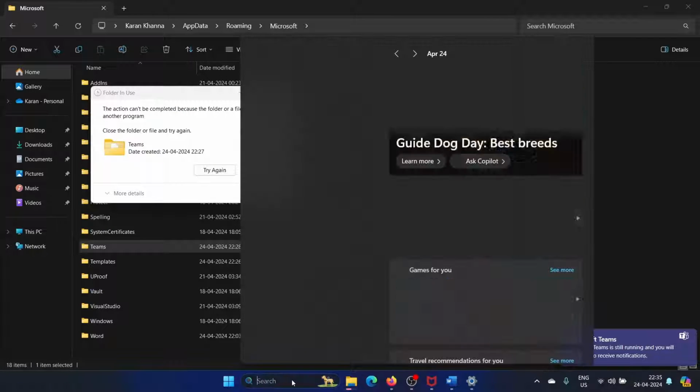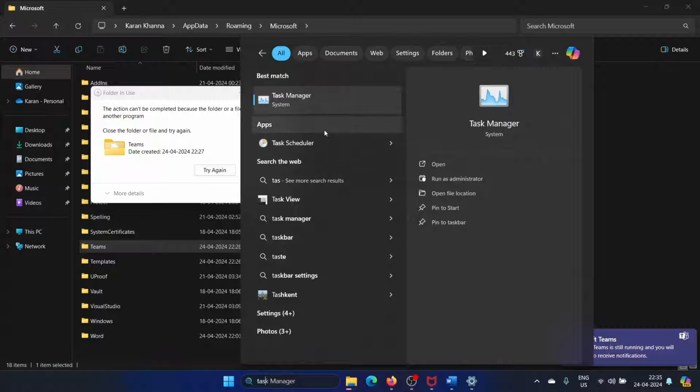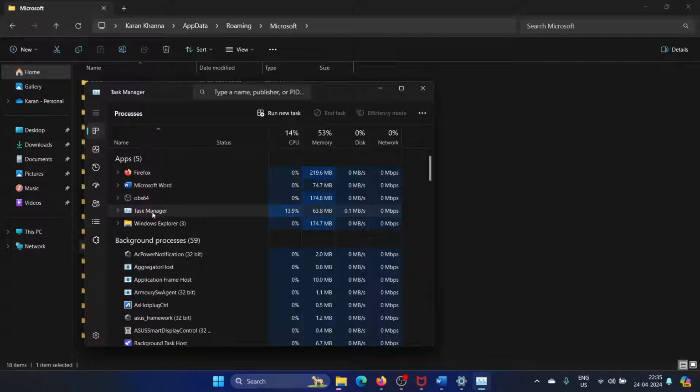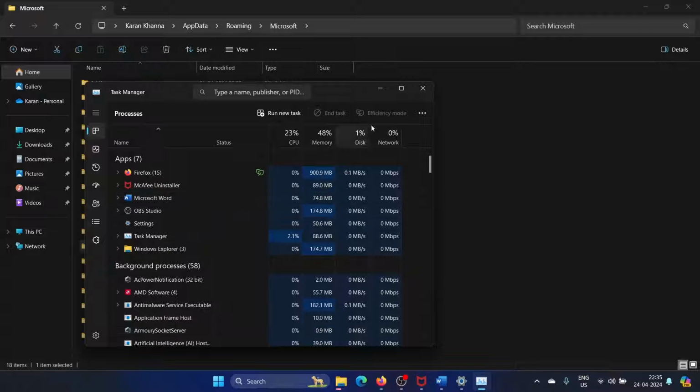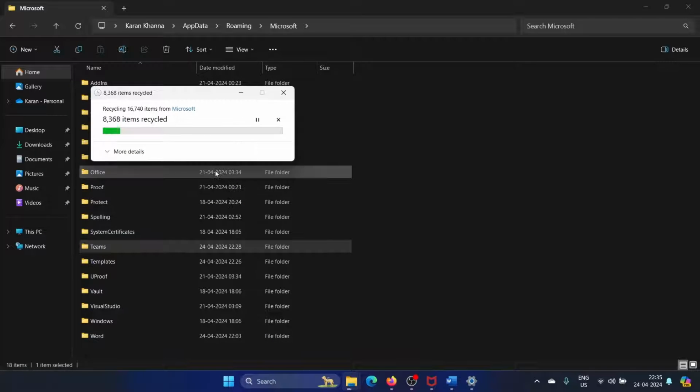Okay. Search for Task Manager in the Windows search bar. Open Task Manager. Wait for it to load. If you find Teams in this list, right click and end task, and then delete the app data folder, and